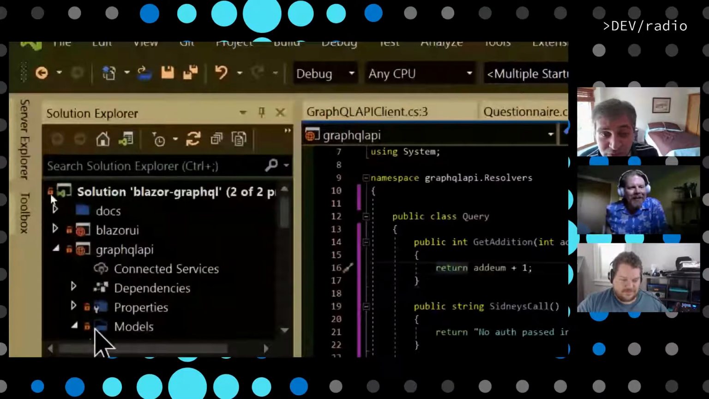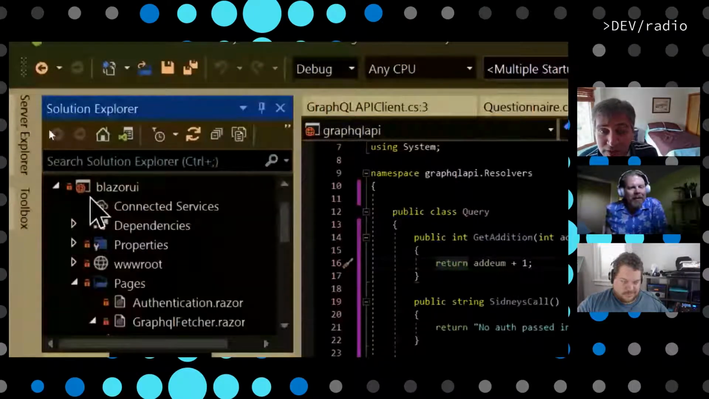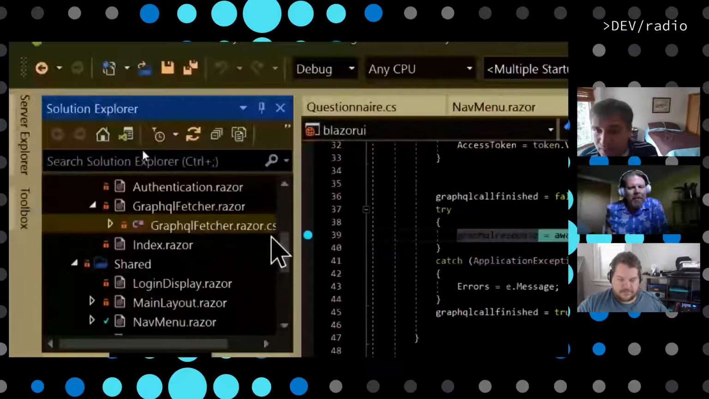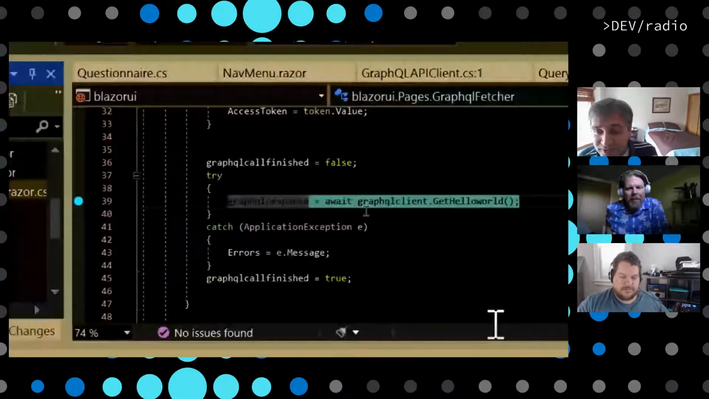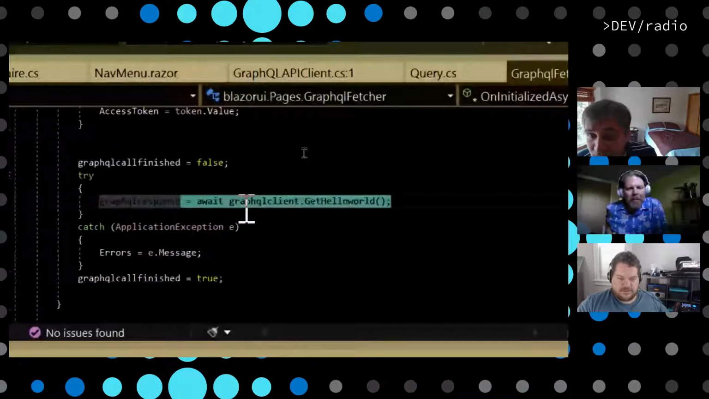But I do want to show you, because we kind of stepped over it, where we're calling it. So let's go into the Blazor UI, and we'll go back to our GraphQL fetcher, just to walk you through the code. Look, there's that breakpoint we set earlier. And you see we're calling